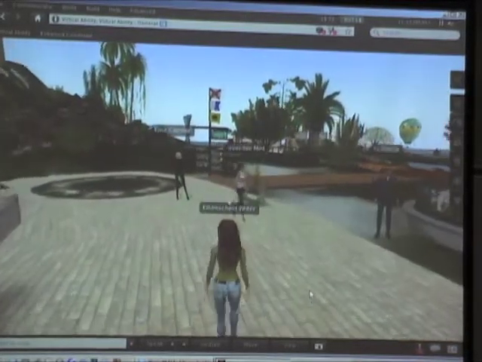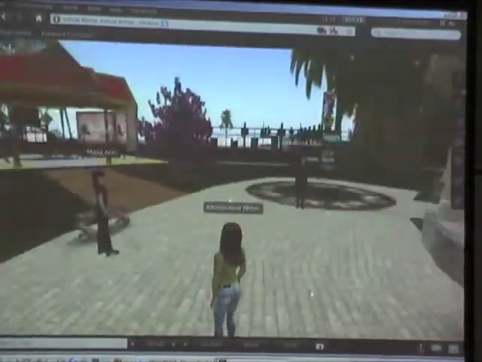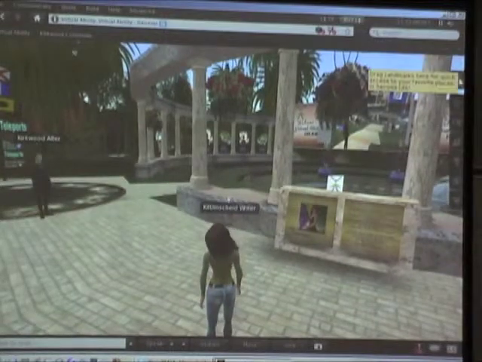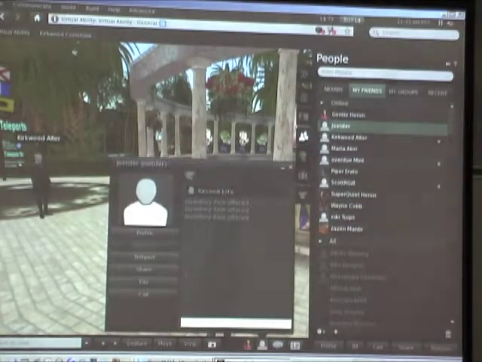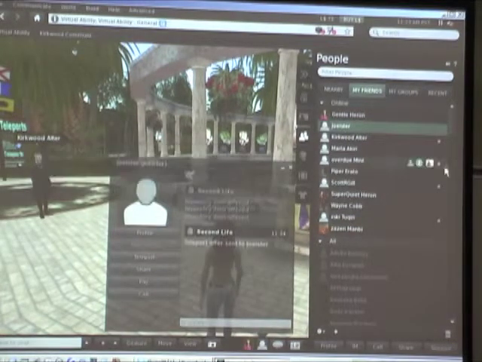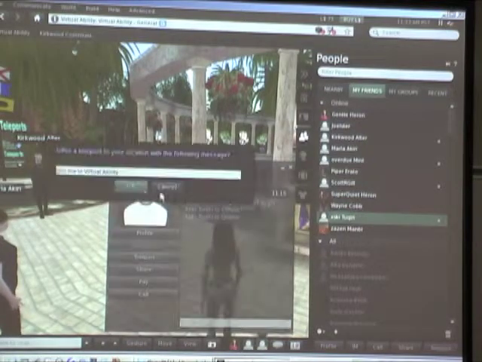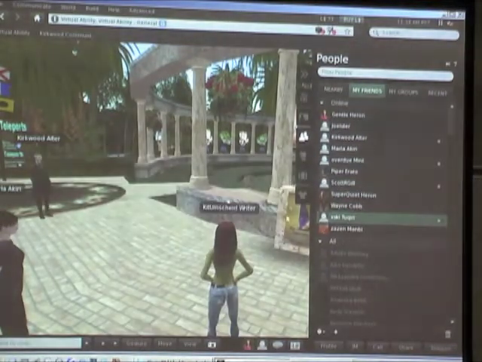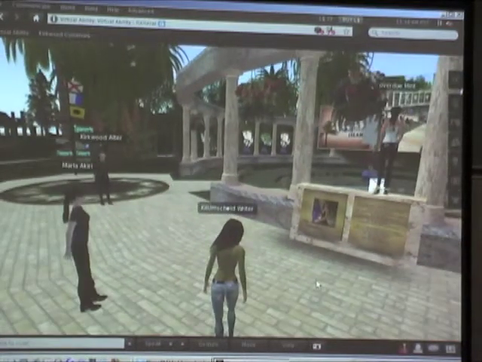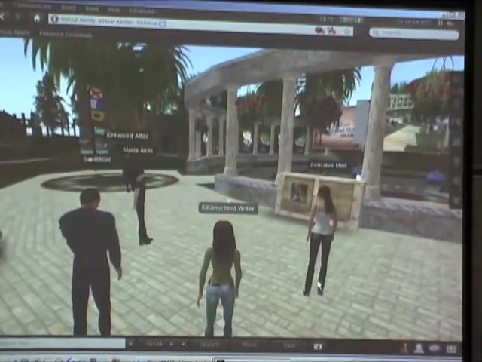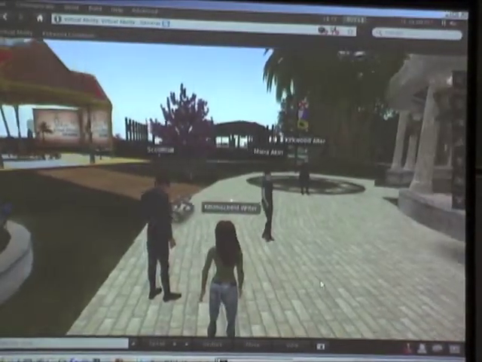Anybody need a teleport? Are we good? Jolster and XSKI are still here. And we got XSKI. And Jolster is still here. And I think that's the last of us.